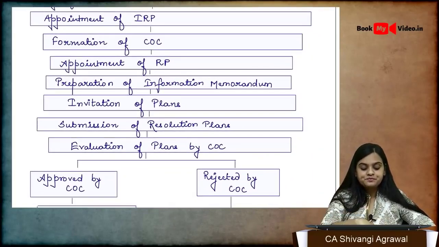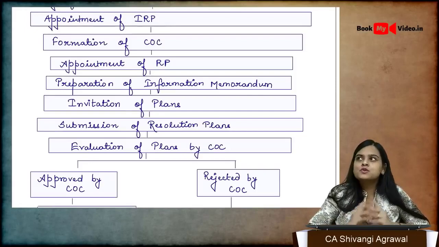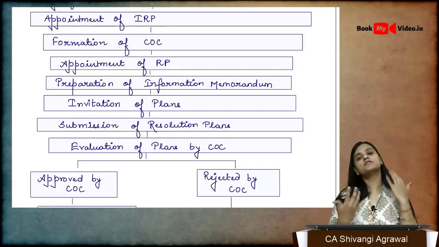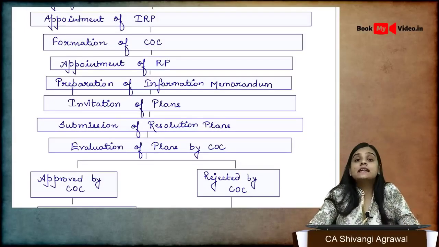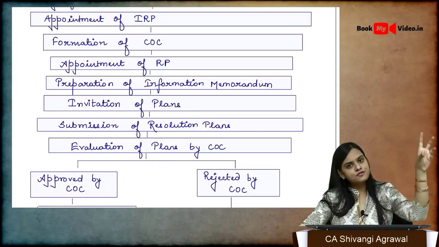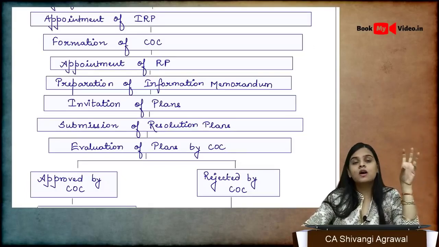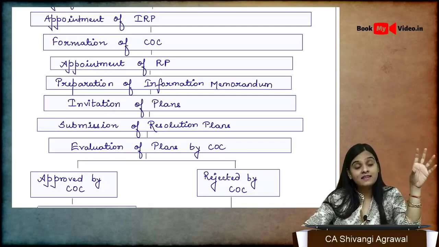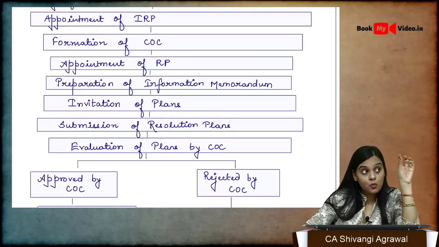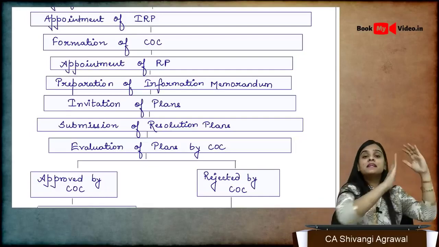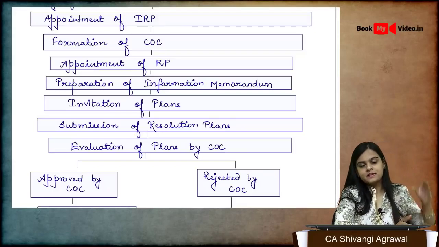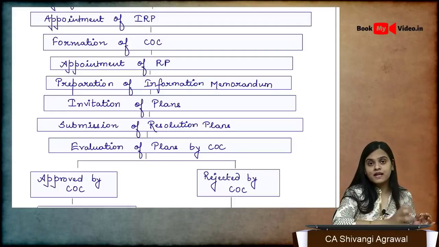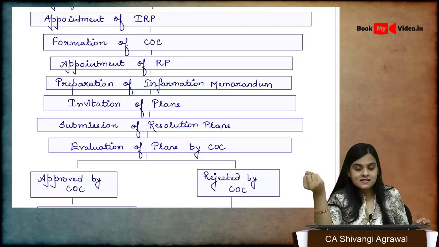Now what happens? There has to be someone who is going to undertake the whole process of revival, who is going to try and resolve the state of insolvency. That person is selected from a panel of professionals who are qualified and registered, of course. So one such person will be selected from the list of insolvency professionals. Out of that, one person will be selected, and that person, if he gives his consent, just like we